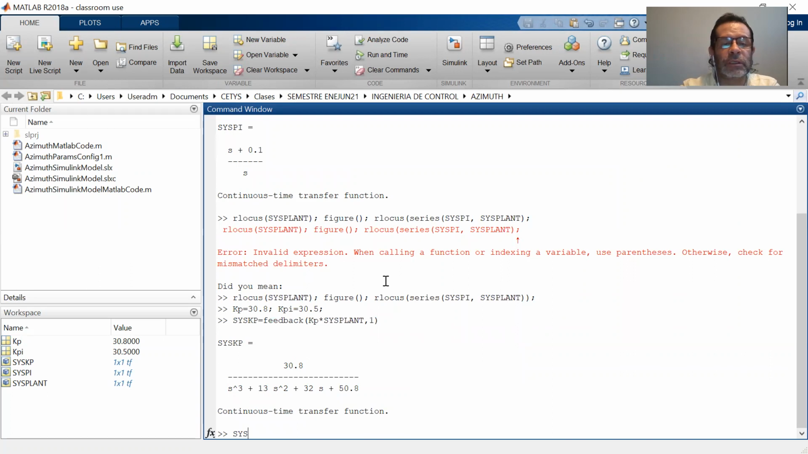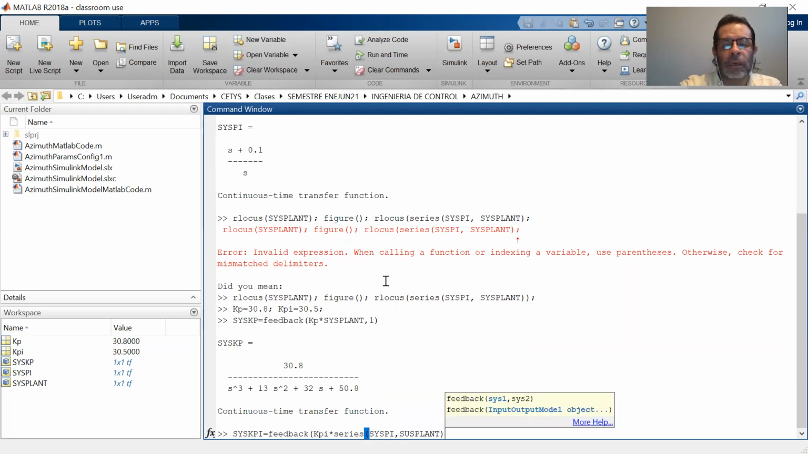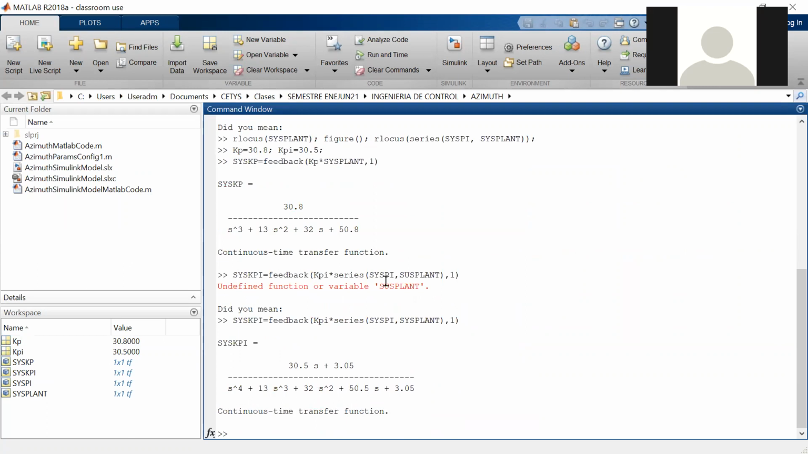And then we're going to do sys_KPI, which is the feedback of KPI times the series of sys_PI and sys_plant, or actually I can put this KPI in here if I want, or I can leave it there, comma 1, and this is going to be the system with the controller. And let's, I think we can use the step